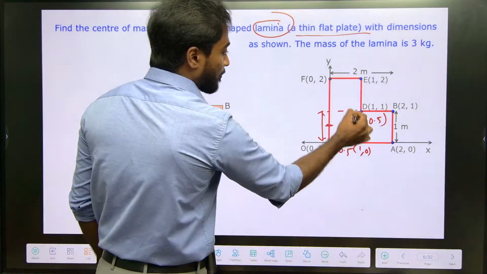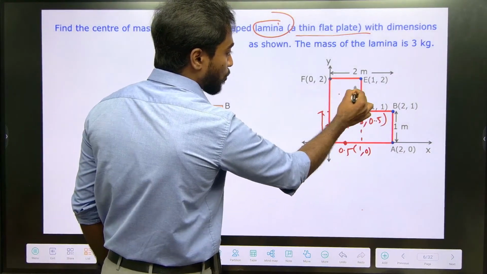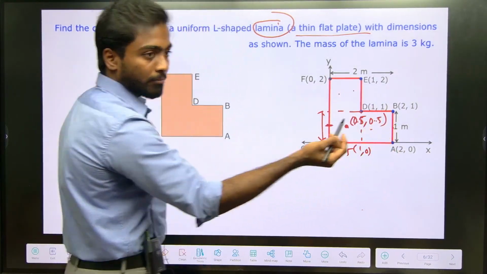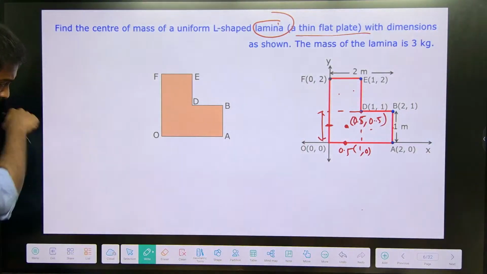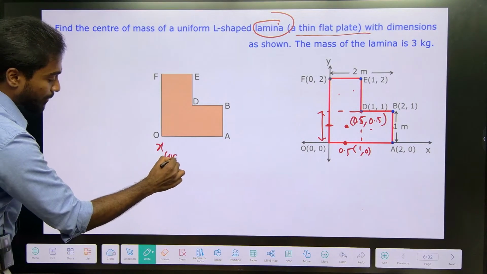Now we will have x1, y1, x2, y2, x3 and y3. So x center of mass will be equal to